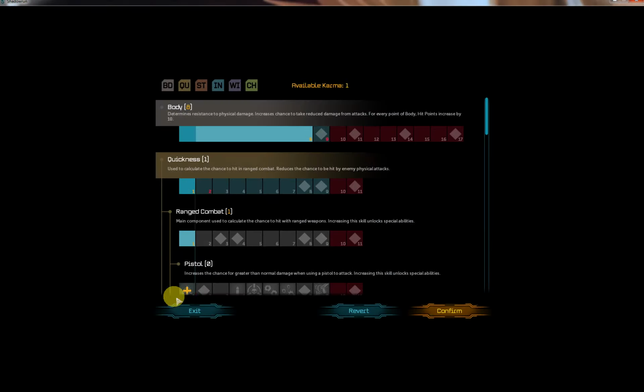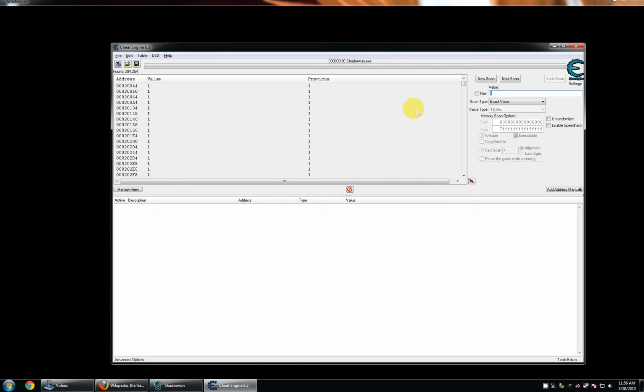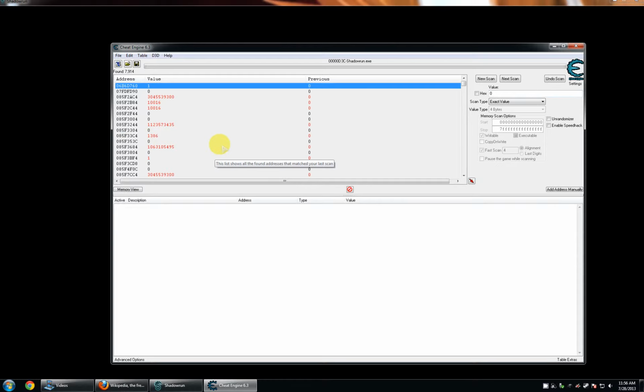It's okay, it's great. We want to make it 0. You make it 0, filter it down. You still got 7,000. And if we just sit here for a second, you can see these values are changing randomly as the game runs certain routines. I mean, 1 and 0 are values that are not necessarily what you think they might be. That is to say, when you search for an integer value of 0 or 1, you're going to get all sorts of results,